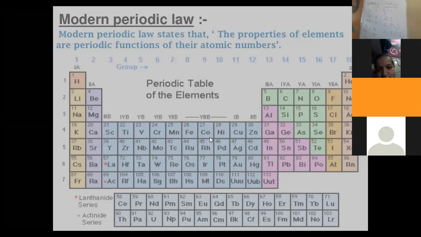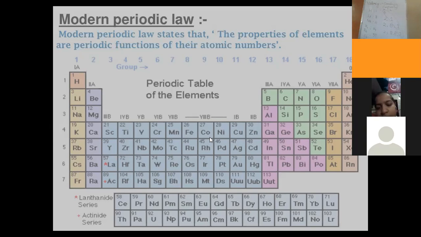Then the valency of group number 14 is ±4. It means it can neither donate the electrons nor gain the electrons, because its last shell has 4 electrons. Then the valency of group number 15 is -3. Valency of the 16th group is -2. Valency of group number 17 is -1 and valency of group number 18 is 0.